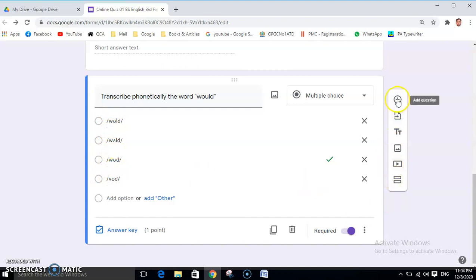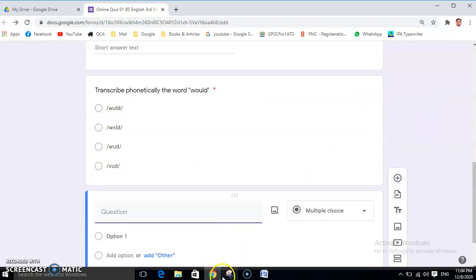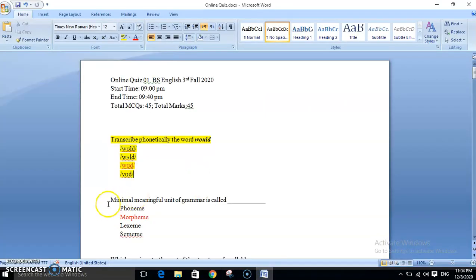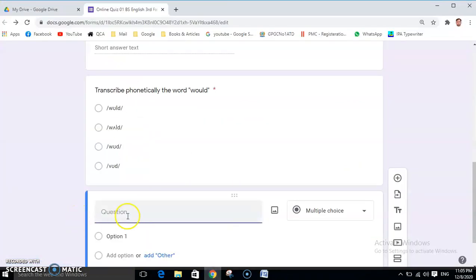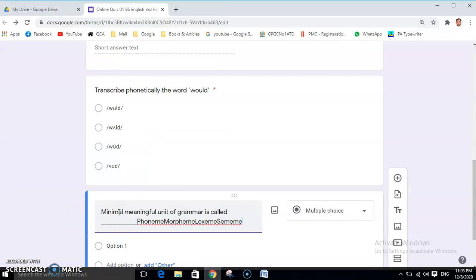Okay, now click here, next question. Now here is the next question, and go to MS Word and pick this option. Right click, copy, and change the color so that you remember it has been taken up. Now go to Google Drive, this Google Forms, place it here. Now you can cut all this. Okay, cut.